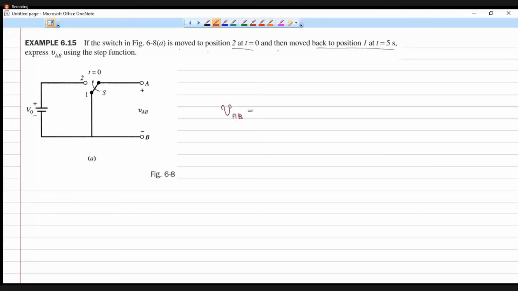So initially the switch is moved to position 2 at t is equal to 0, right? So at that point, what voltage will come when I throw to this position 2? If you have any doubt, you can draw also and see. Draw the waveform and see. So at t is equal to 0, the switch is thrown to position 2. So what is the voltage coming here? Across the terminal AB, VAB will be equal to